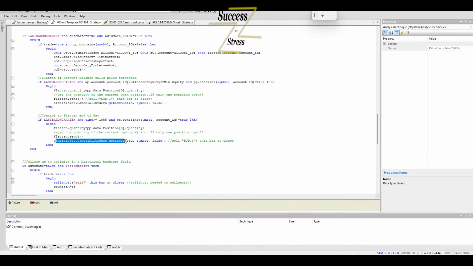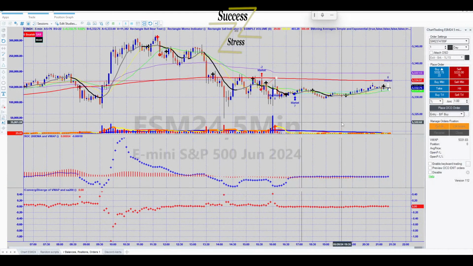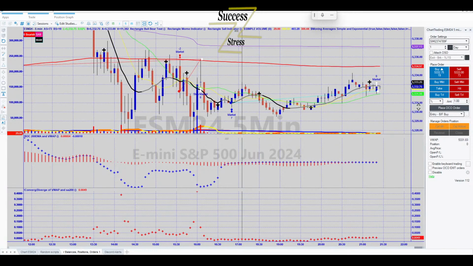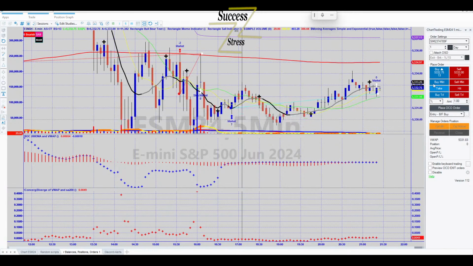So this line here, this is something new that I learned over the last day or so. You just need to do order ticket cancel all orders, and that will cancel all the orders that are on the screen. So what I need to find out now is if I'm in a position, have a bracket order on, and then I go to do a market close, will that close my position, or will it reject the order because I have open orders already on?